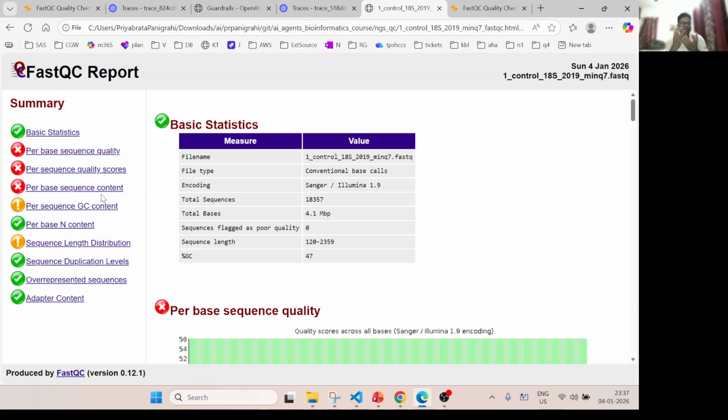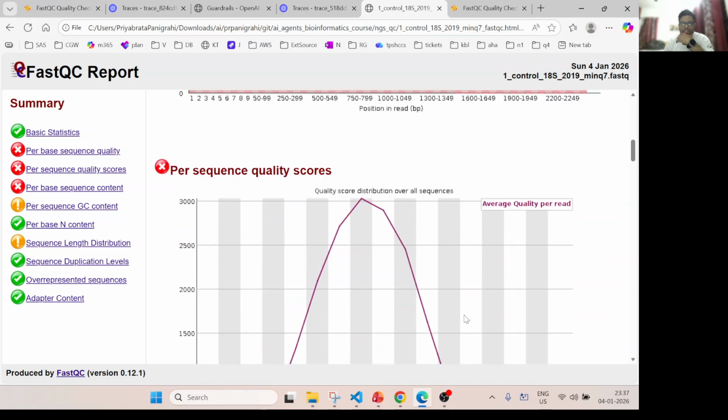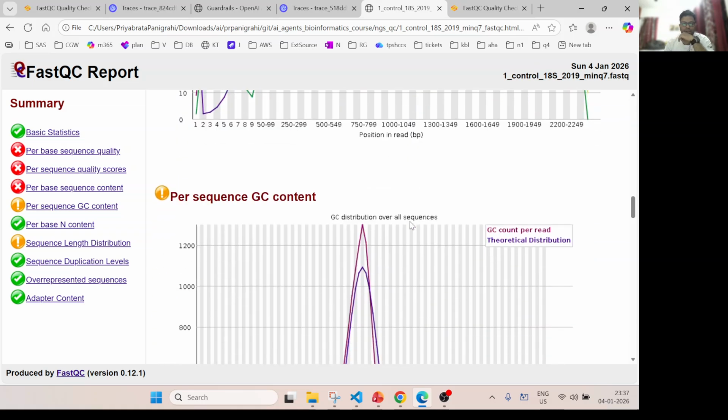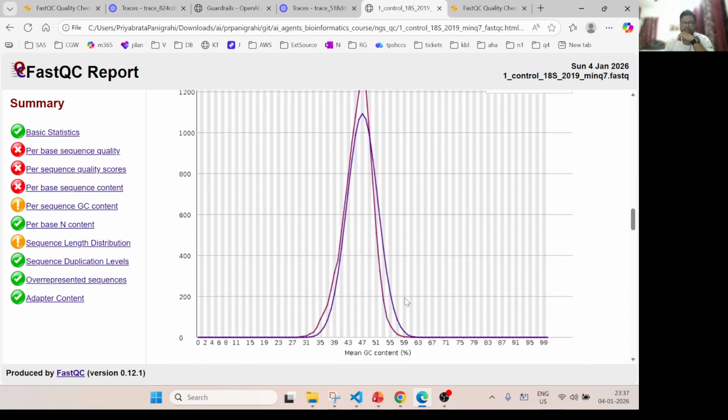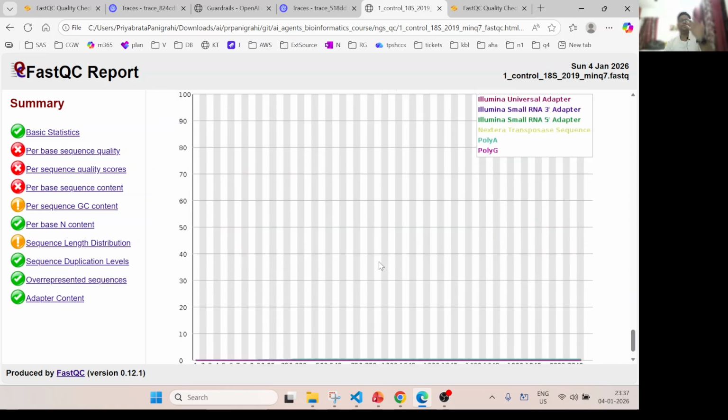So as a human, you would go and look at the report, okay, GC content is like this, and the ATGC composition doesn't look good. Okay, GC content, we see two peaks, so maybe something is wrong. That way we used to read, and finally we used to decide whether to go for trimming or removing something, those kinds of things. So now the agent is able to do it, and maybe we can further add a